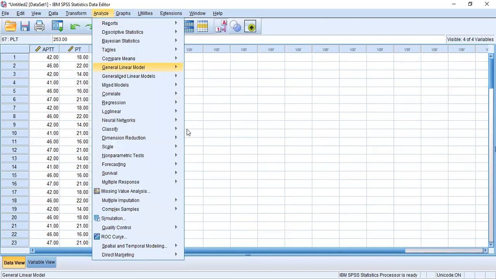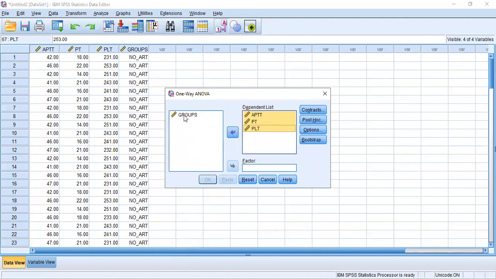Copy the three variables into dependent groups, and then the groups into where you have factor. Now, post-hoc is often recommended when you see that there is a significant difference in the first place across the three groups. You've seen that there's a significant difference across the three groups. You want to see if there's a difference in fact, so that I don't complicate things, let me just do it for